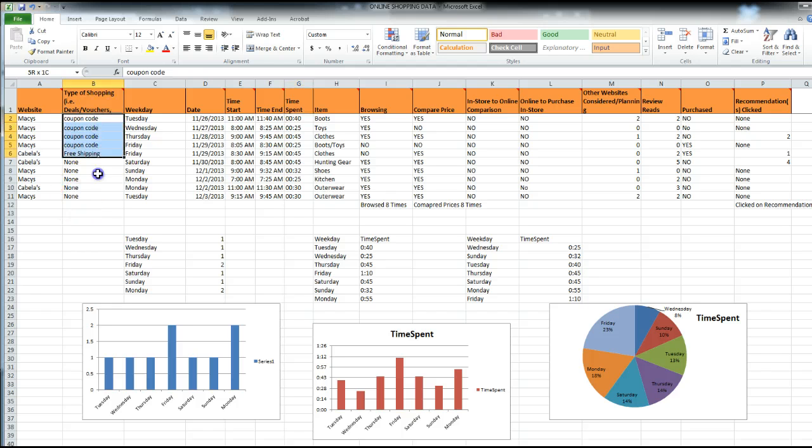I'm looking here at this. I would definitely use this data as well. How many times you used a coupon code, so 4 times, free shipping 1 time, and yeah, count the different just general numbers of what you were doing and what you were looking at,